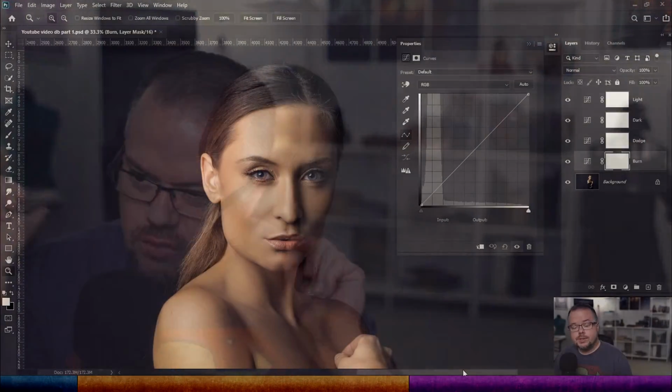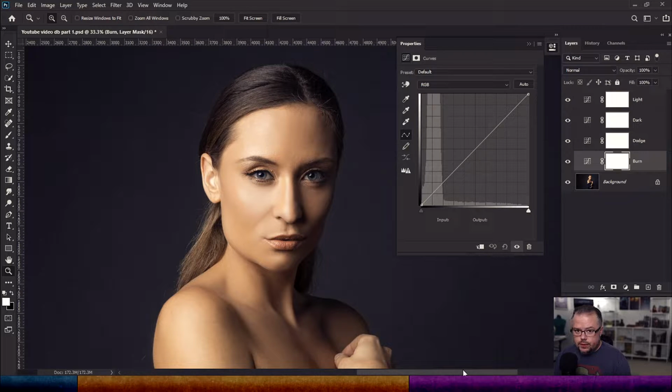To get started with the global dodge and burn, we're going to use 4 different curves adjustment layers to create both the global effect and then the more artistic refinement at the end. So each one of these is going to be representing one's for burn, one's for dodge. The other 2 are for the artistic effect, and we'll explain them when we get to it. But we need to set up the different curves so that they're ready to go for these effects of dodging